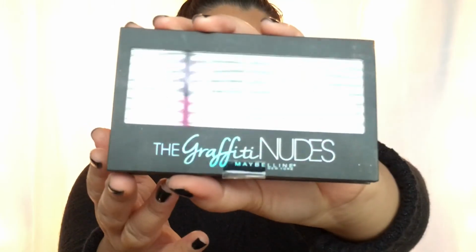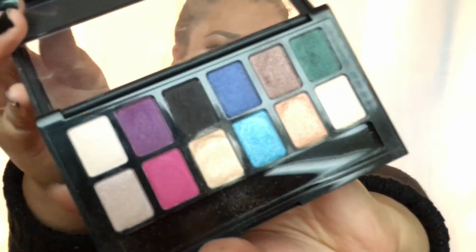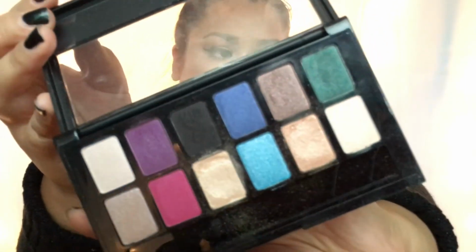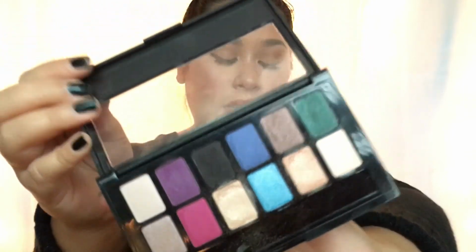Okay, my next November not so favorite was the Graffiti Nudes eyeshadow palette from Maybelline New York. This is the packaging that it came in. So I haven't been using this on camera hardly at all. I think I did like one tutorial with it, but I have been using it here and there off camera,